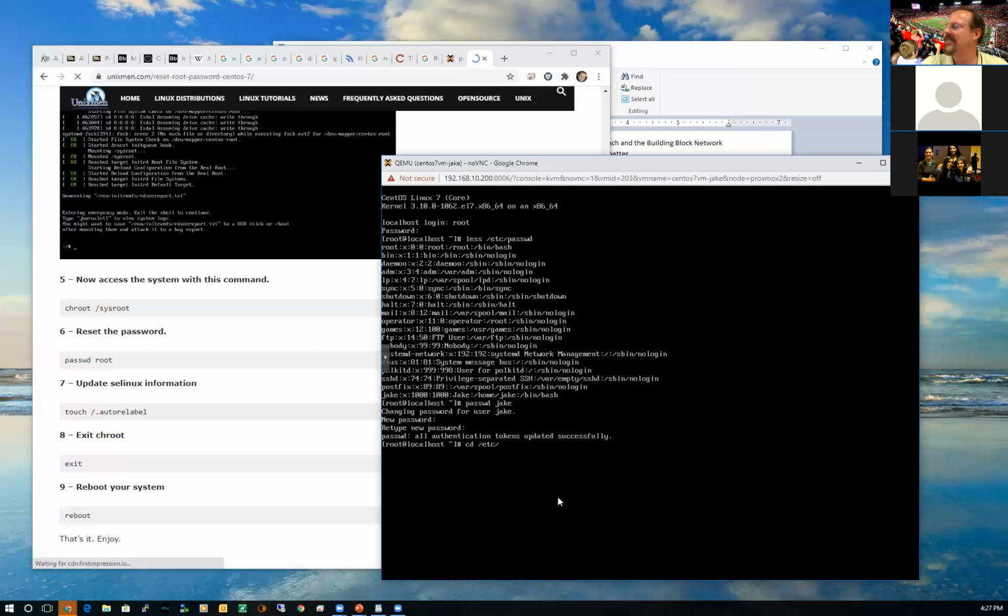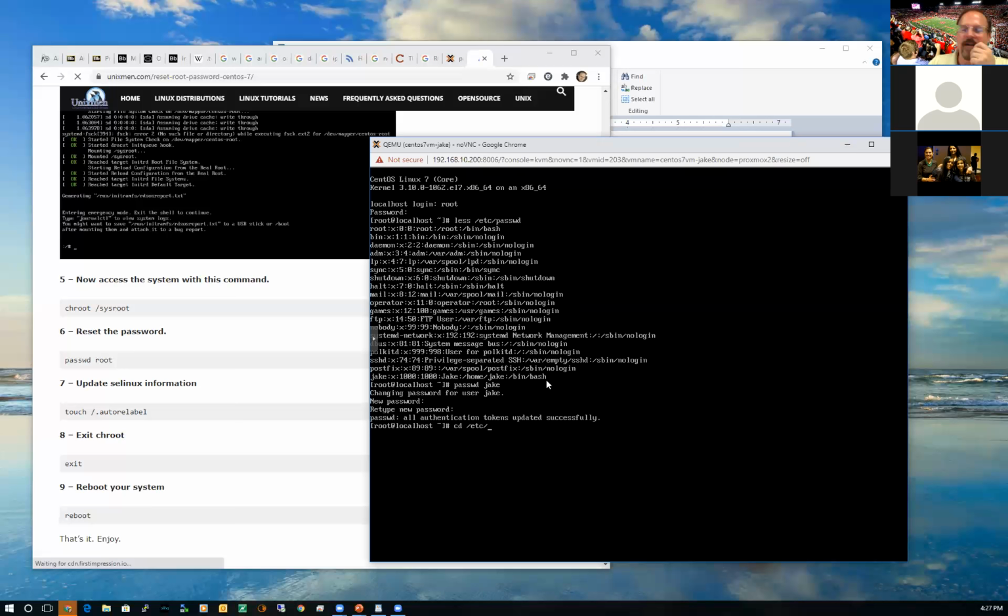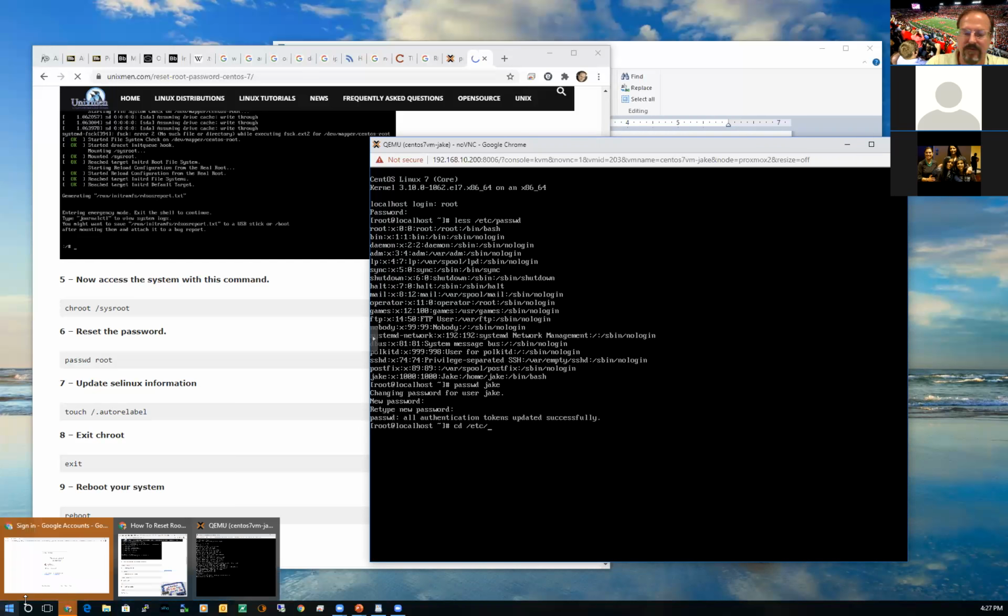Trying to use PuTTY. Oh, you're trying to PuTTY into Proxmox? You should already be able to use PuTTY to get into Proxmox. Do I need to use the console from Proxmox? No, I'm just using that console. I prefer you guys to use PuTTY to get into Proxmox and use SSH. And you can, Proxmox already has SSH set up, so as long as you've got PuTTY installed,